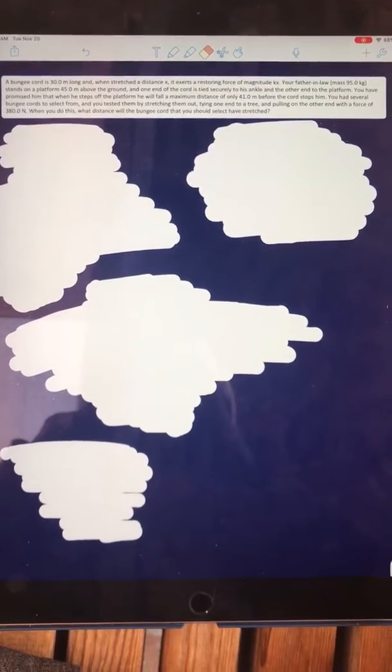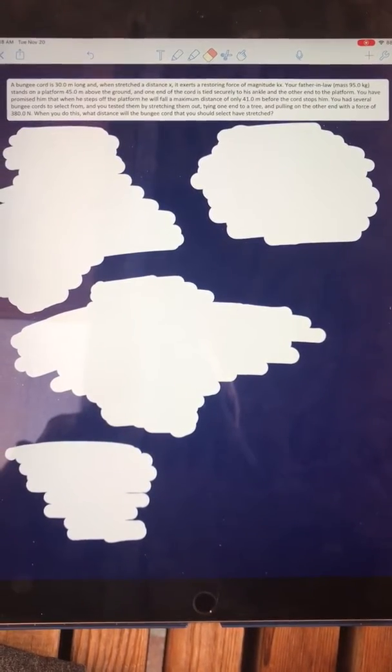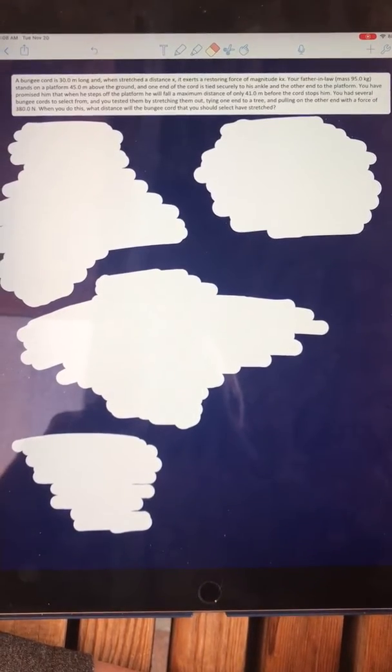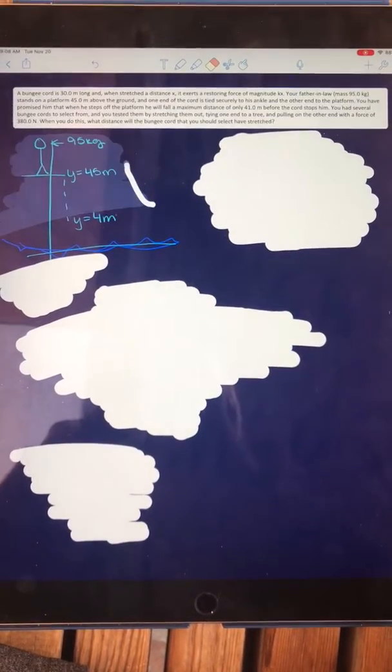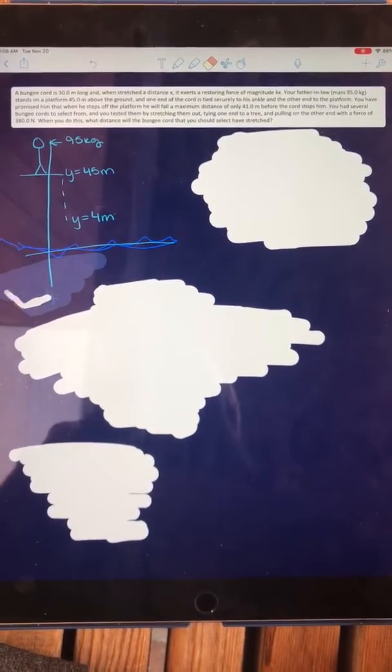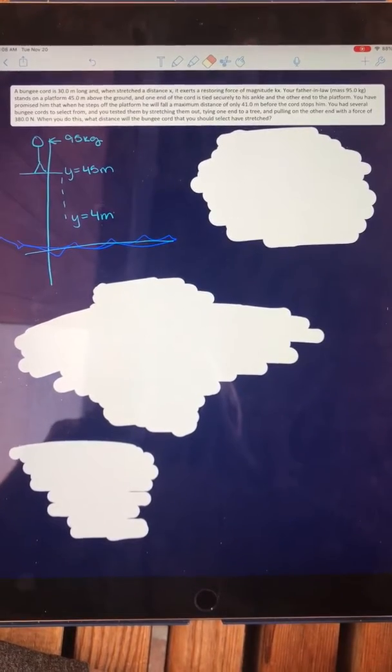Today I'm going to talk about a problem from the book that first gave me a lot of trouble, but if you take it one step at a time, it's not that bad. So I'm going to skip reading the question, it takes too long. So first we're going to draw a diagram here of all the values we're given, and we've got a mass